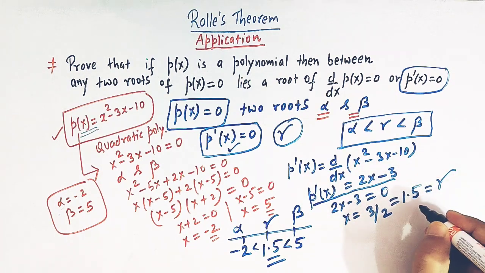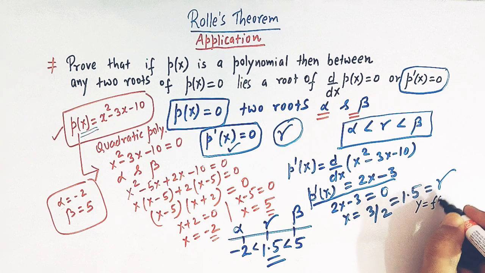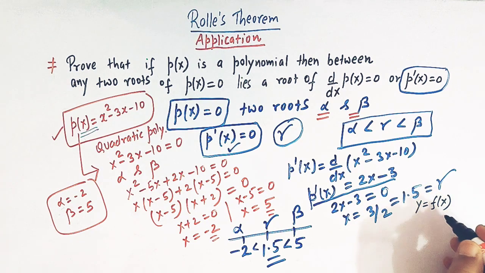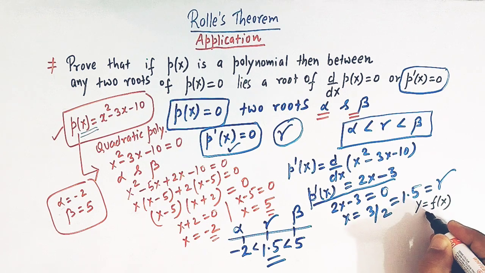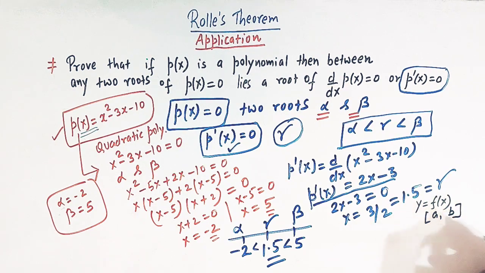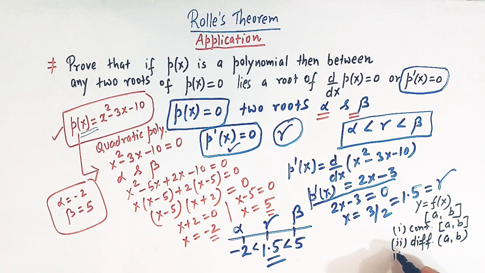Rolle's theorem says that if we have a function, say y is equal to f of x, and this function is defined in some interval a comma b, then if this function is continuous in the closed interval a comma b, and this function is derivable or differentiable in the open interval a comma b, and the third condition is that f of a is equal to f of b,